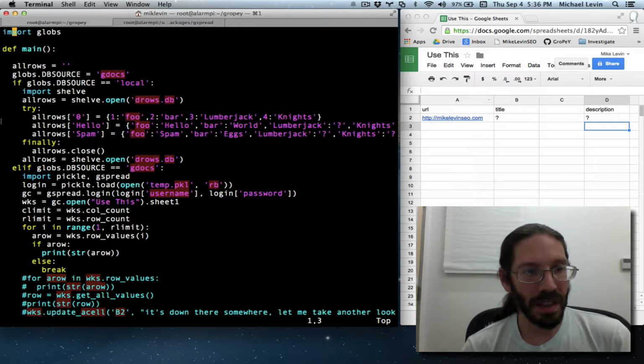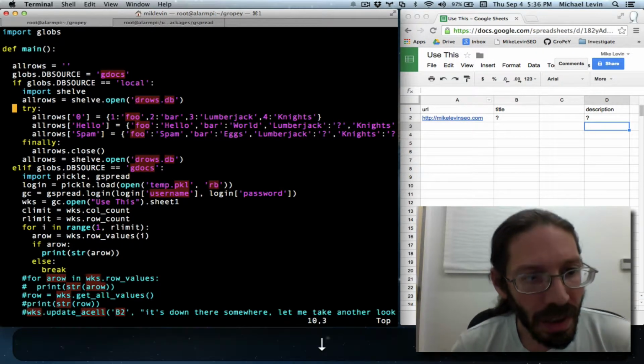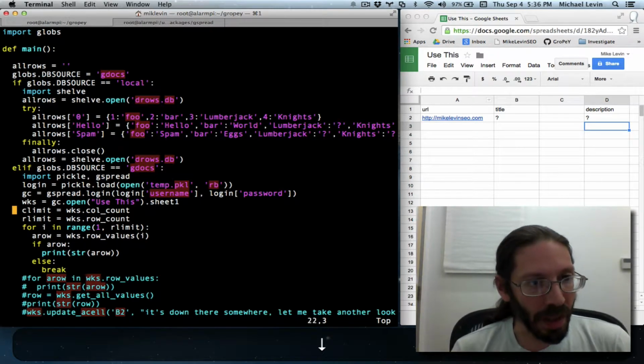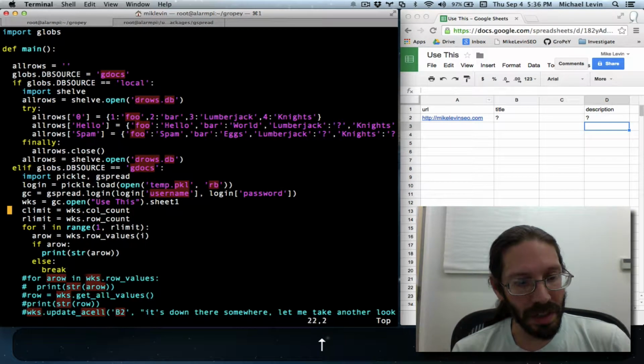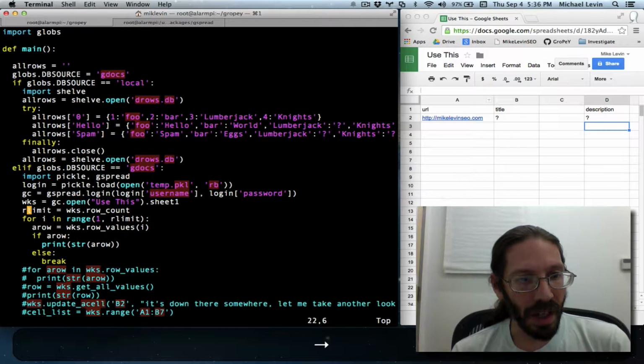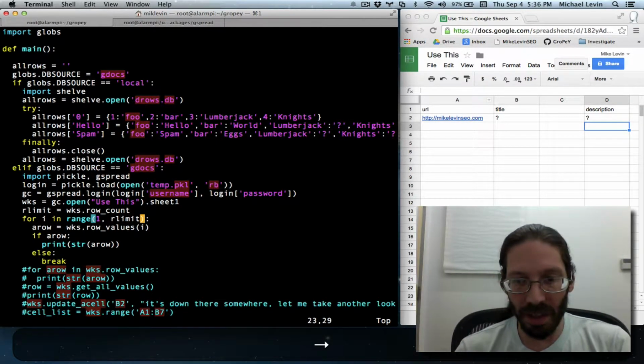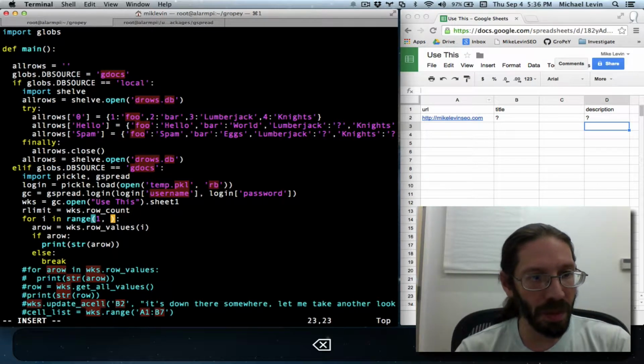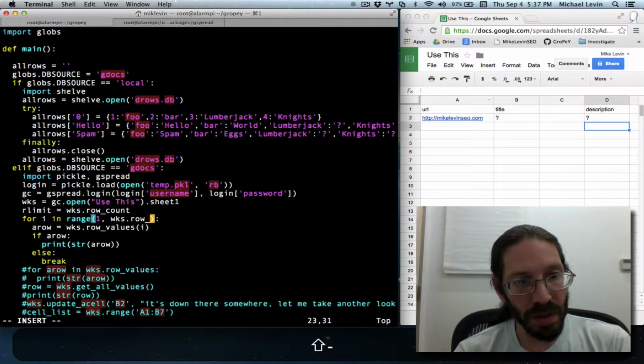It leaves us with a little bit of cleanup work initially. First, we don't need this column limit we learned, and we probably don't need this extra variable name hanging around. Until I need to refer to this thing more than once, I'm going to just put WKS.row_count